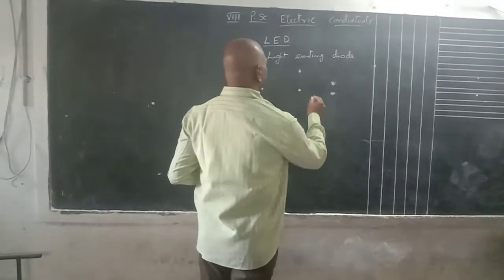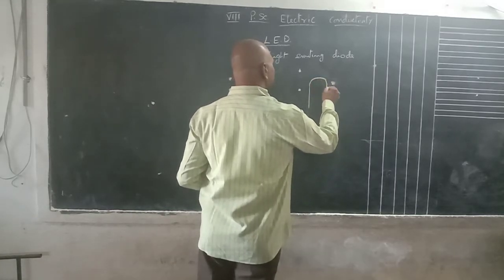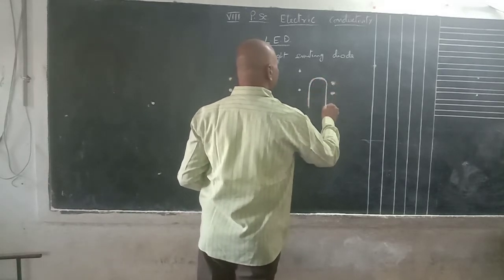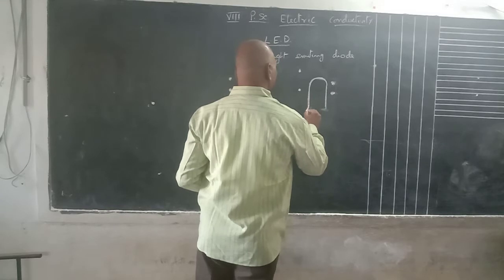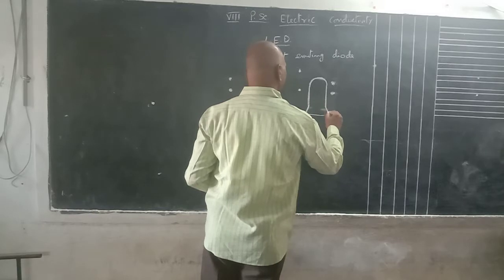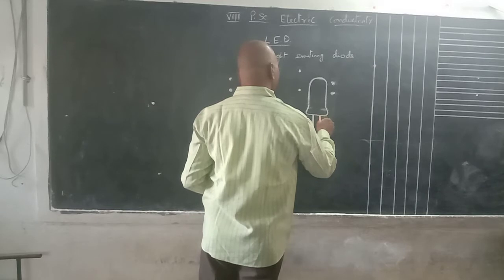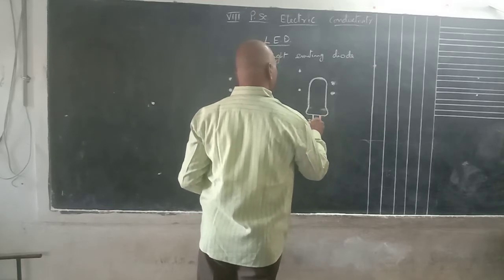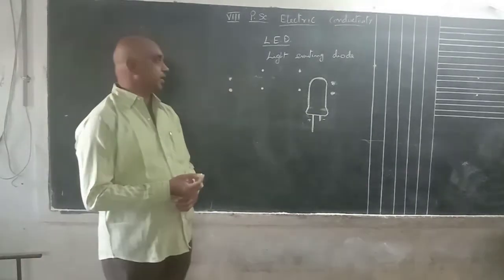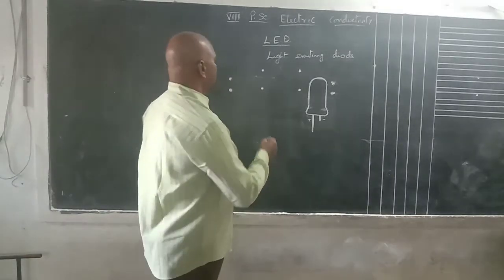LED means light emitting diode. The shape of the LED is like this. What is the use of this LED? Here LED means light emitting diode. This diode is used to test